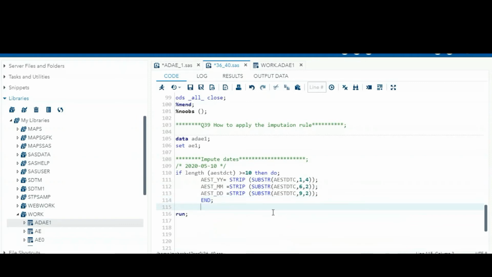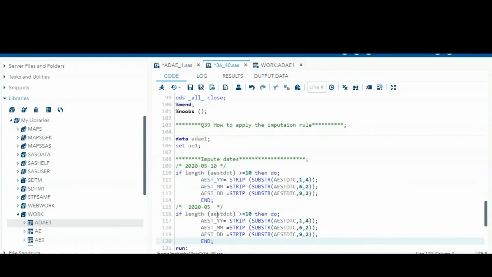Okay, so after that, if it is a partial date, for example 2020, if there is only this part, in that case, just give this and write this. What is this length? 4, 2 and 1 dash, total 7.